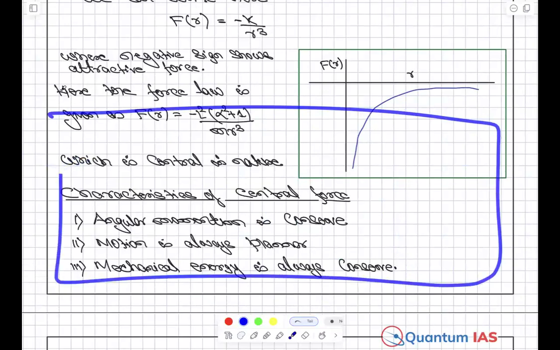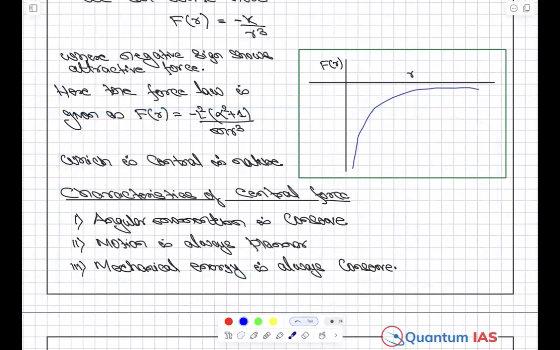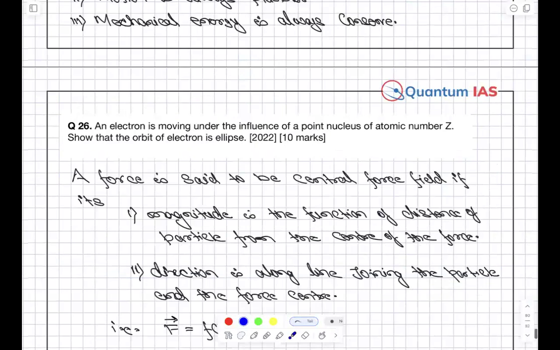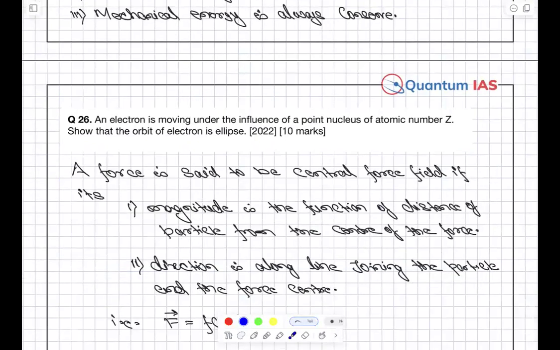अब तो वहां पे मैंने इतना स्पेस में लिखा था कैरेक्टरिस्टिक ऑफ सेंट्रल फोर्स, यहाँ पे मेरे पास कम स्पेस है, कब में लिखूंगा मैं। ये तो स्किल तुम लोग और अच्छे से आता होगा, जिसमें तो सीखा है तुम लोगों ने, है ना, how to write same stuff in ऐसे फॉर्मेट और in 10 marks, है ना। Now coming to last one, it is exactly same as the question number 20 I guess, है ना। And electron is moving under the influence of point, ये क्वेश्चन